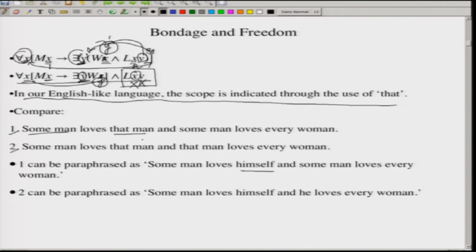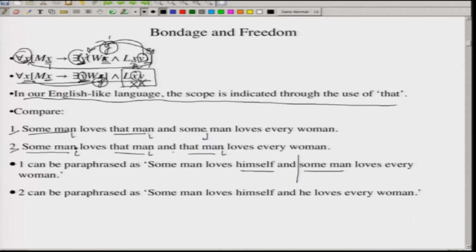If we remember the formation rules, then we can understand that this is to repeat, and this some man is another some man. Definitely there is no repetition. Had there been repetition, then, as you see in 2, it is some man, that man and that man, which means that they will be co-indexed. But in this case these two are co-indexed. This is a different thing altogether.